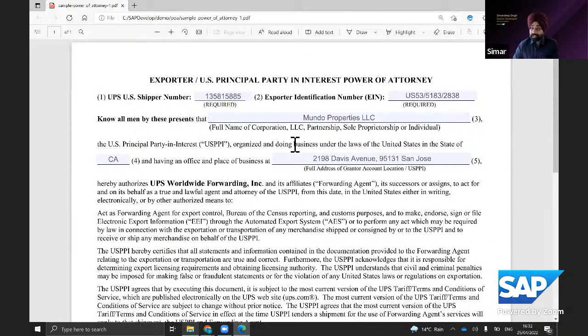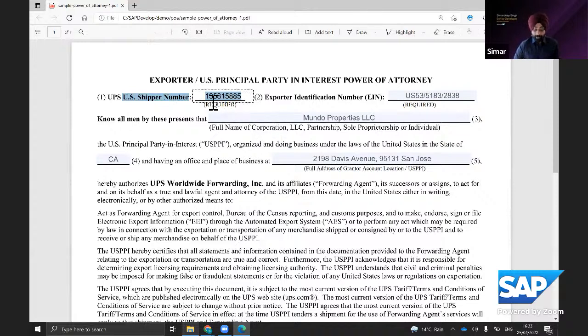Now the use case is that I want to grab the shipper number. That means I can have multiple power of attorney documents, but all these have the same structure, while the values inside these documents differ.